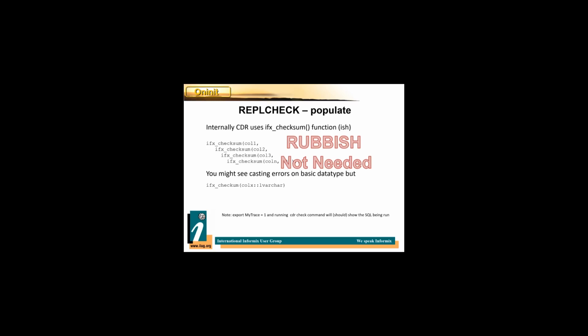So my 42s will become this horrendous big int number. If I want to do this approach, I have to make sure the IFX REPL check column on the target during the load process is a normal big integer. And after the load process, I can swap it back